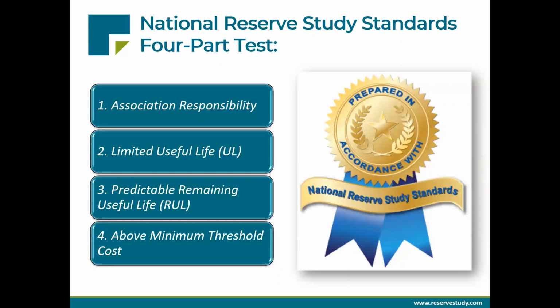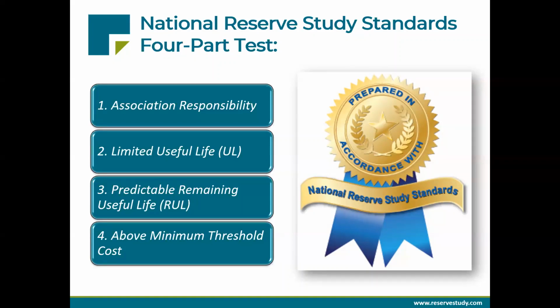If we just made a guess, let's say we assume a useful life of 10 years for paying an insurance deductible, that's implying that there's some predictable likelihood that there will be a major hurricane every 10 years. And we're going to assume that that's going to continue over and over again. But what if, like we're seeing on the Gulf Coast the last couple of years, you get a couple major storms in a very short amount of time? Now, if you're expecting that your reserve account can fund that deductible every single time, the reality is you're probably going to end up pulling money away from other components that did have a predictable lifespan. And that means you're kind of borrowing from Peter to pay Paul. You will end up needing special assessments to make up for those shortfalls.